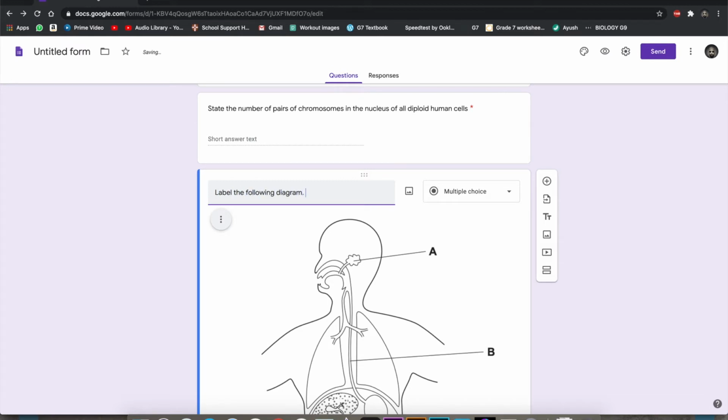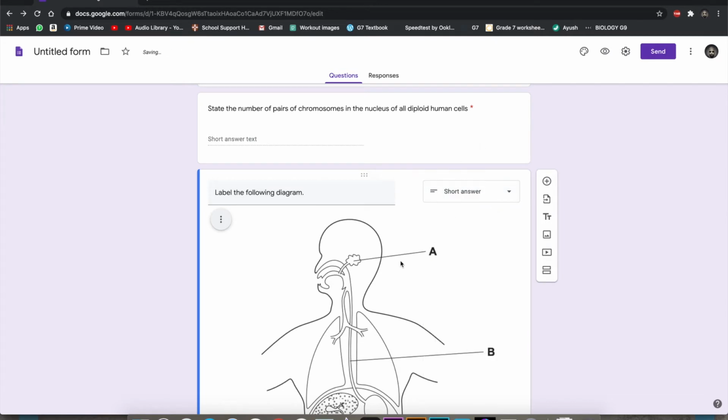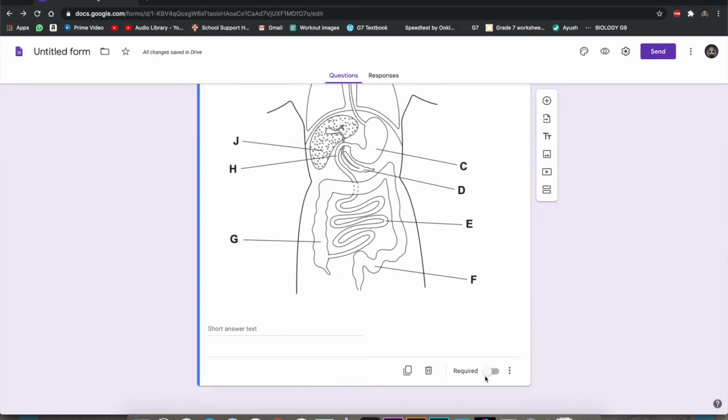Change the option from multiple choice to short answer and scroll down and make sure the required option is checked. Following these steps, you can add another question, you can add text, you can import questions from another existing Google